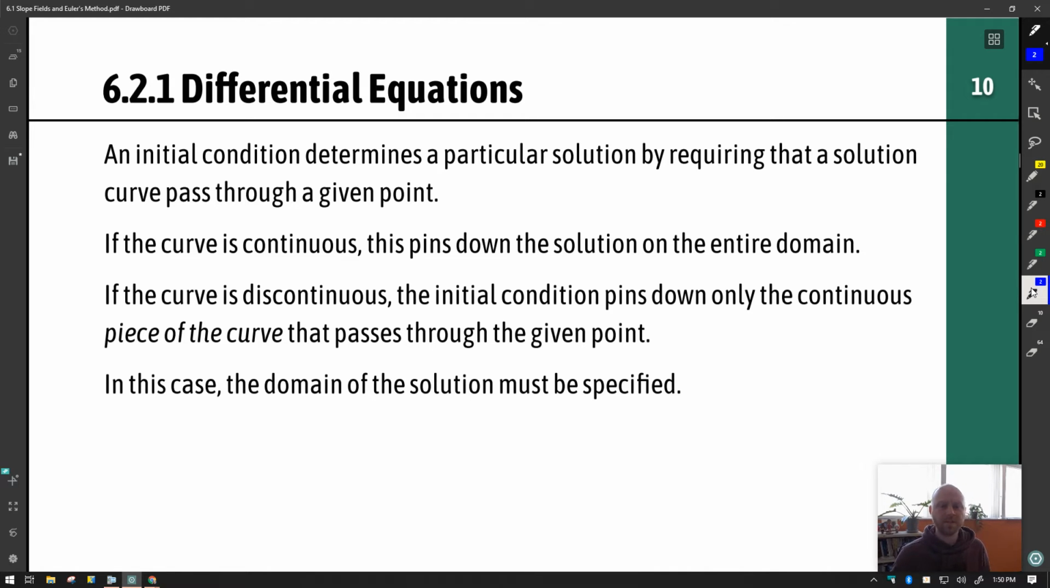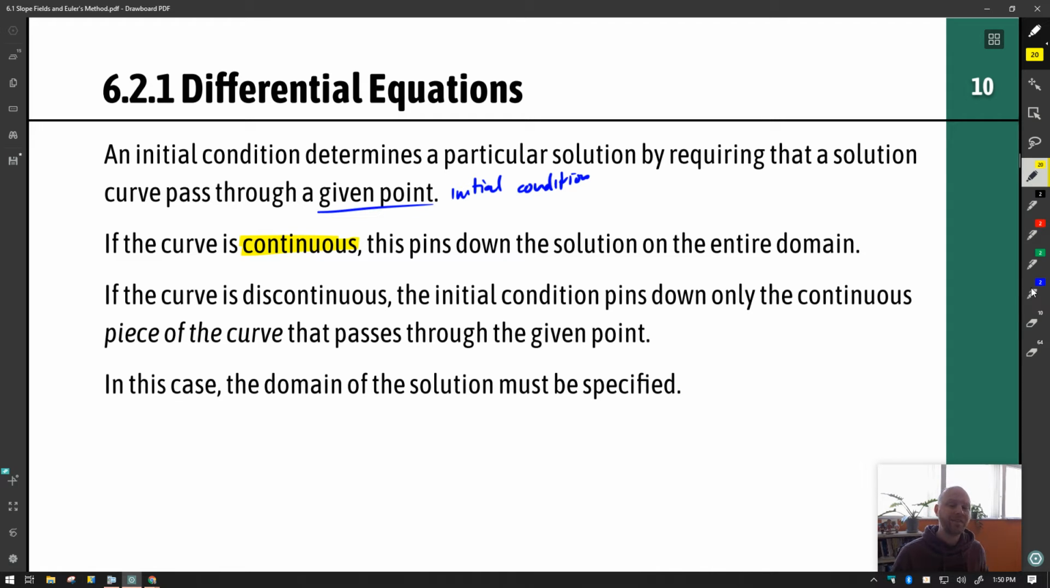An initial condition determines a particular solution. We know that by requiring that a solution curve pass through a given point. That's your initial condition. So I'll note that here for those of you just catching up. Now, if that curve is continuous, it pins down the whole entire domain. If it's continuous, then you know the whole function from negative infinity to infinity, or at least over its entire